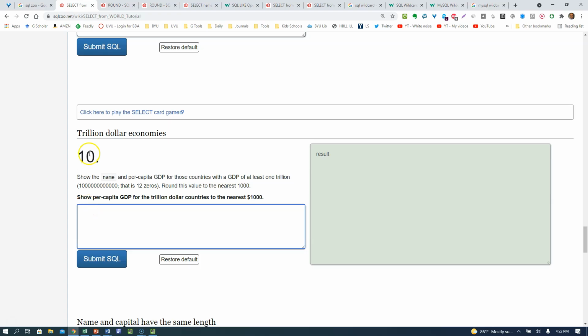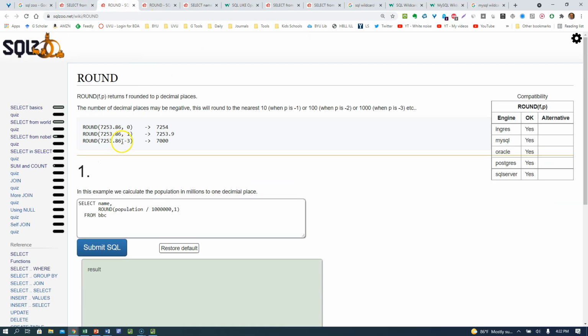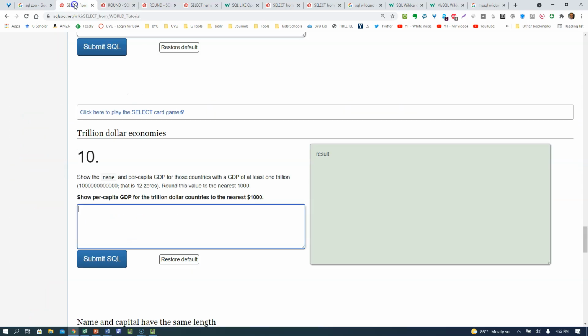Now I'm down on number 10 where it wants the $1 trillion economies. This is where it says round to the nearest thousand, which is kind of a weird thing, but it's going to use this -3 here to say, look, instead of showing 7254, show 7,000. Okay, so what we're going to do is we're going to say select name. I'm going to put the total GDP, and then let's go ahead and put GDP. Then we'll round GDP to this -3. Okay, from